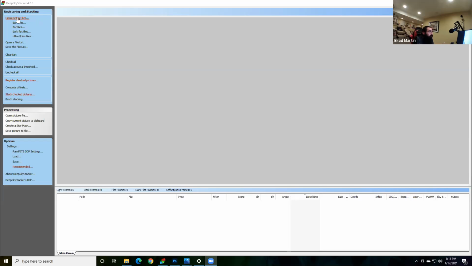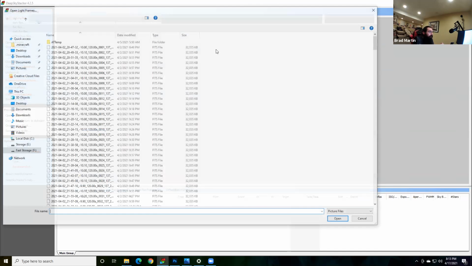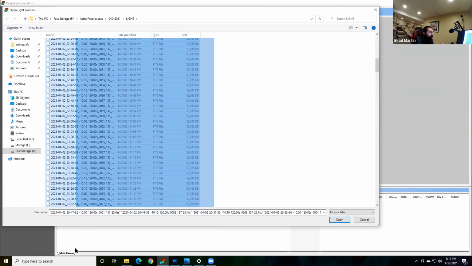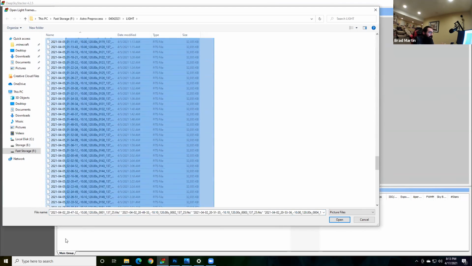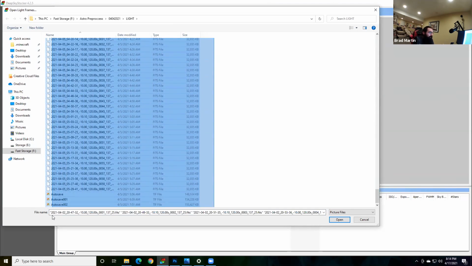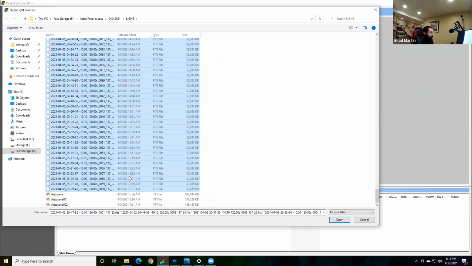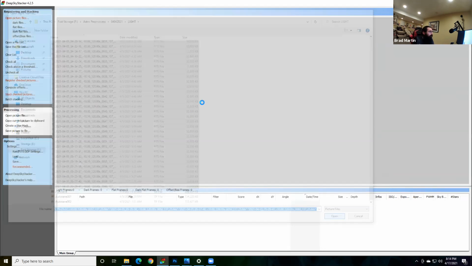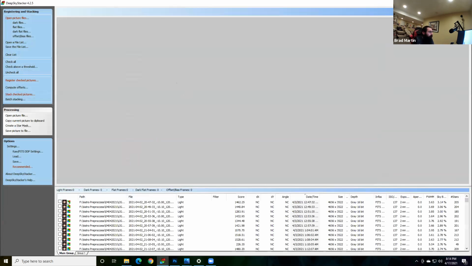Essentially, on the left-hand part of my screen here, I have a control that lets me open the picture files, which are the light images that have been gathered. You just go in and select the ones that you want. Like this right here is, oh, I don't know, about 11 gigabytes worth of images from one night of imaging. When you bring them in, they just populate in this list down here.